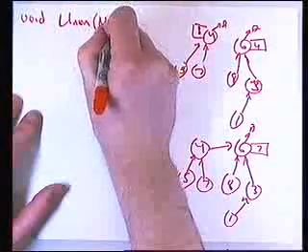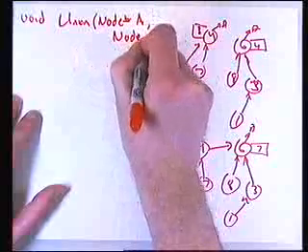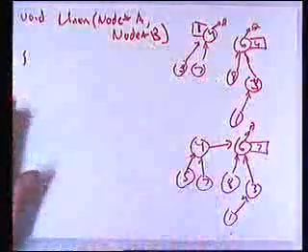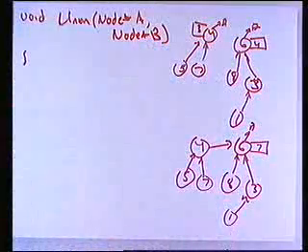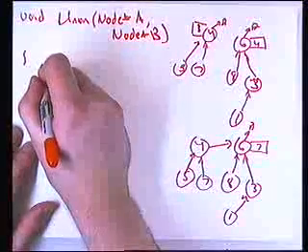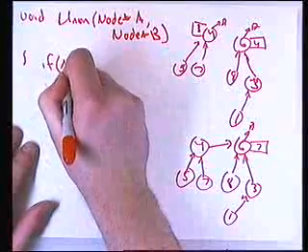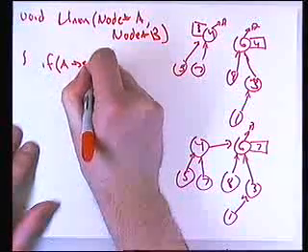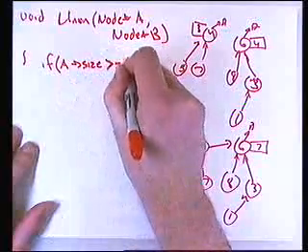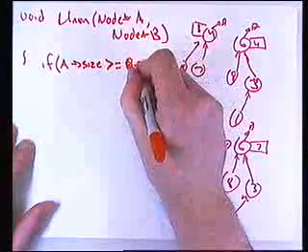As before, I have a node pointer A and a node pointer B. And what I'll do now is read the size fields of A and B. So instead of just right away saying B pointer equals A, I can start out with a conditional. I can say, if the size of A is greater than or equal to size of B,